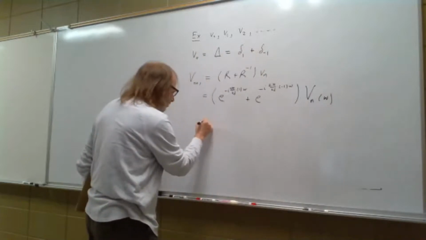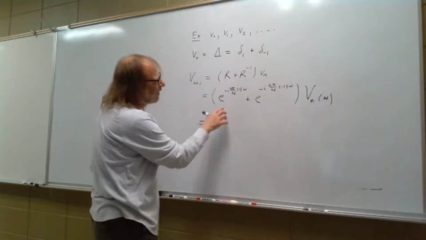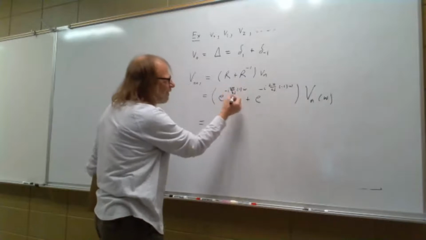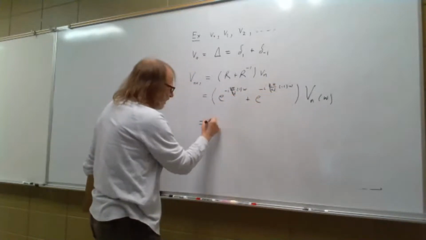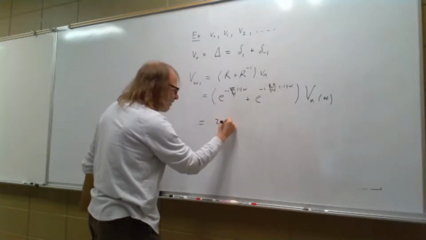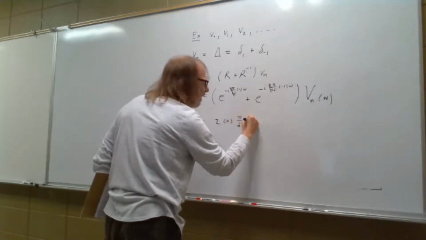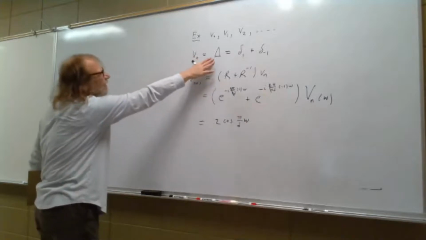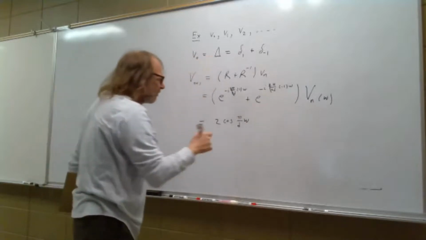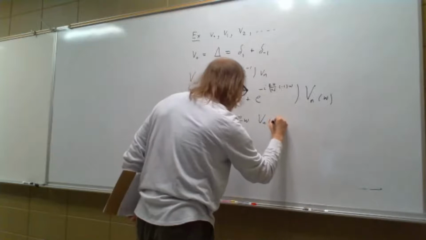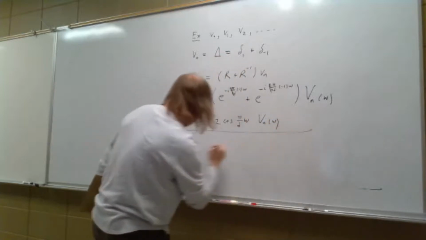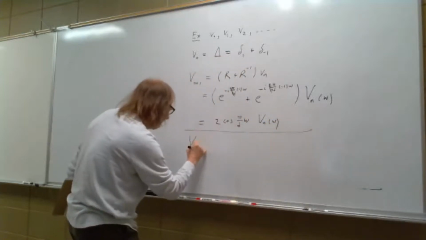I'm just going to go quick here so Shaun has time, but does anybody recognize that? That is basically your cosine, twice your cosine. And if I do this delta guy, its Fourier transform, Vn of omega. And so by induction, to make a long story short,